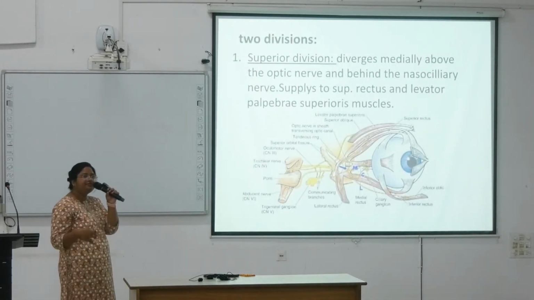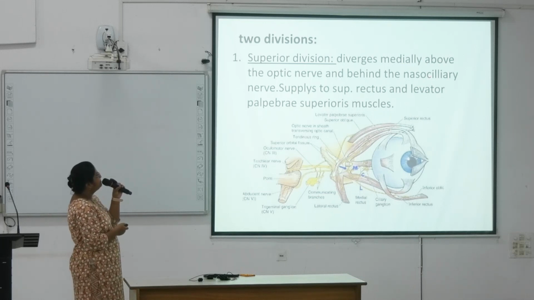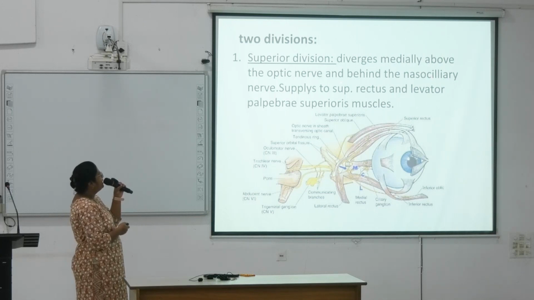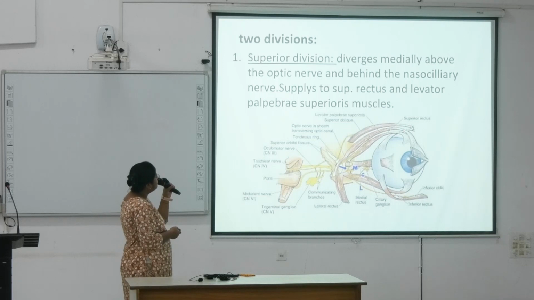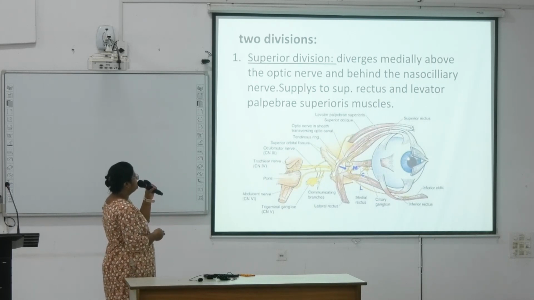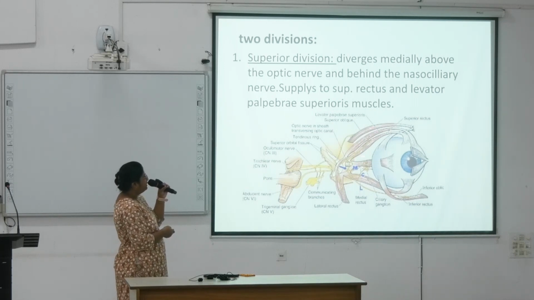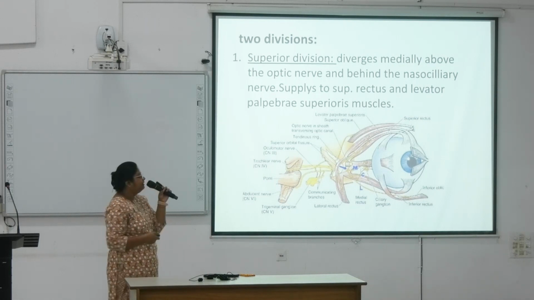the supply of these two divisions, superior and inferior division. So the superior division diverges medially above the optic nerve and behind the nasociliary nerve and supplies the superior rectus and levator palpebrae superioris muscle. Here you can see it, superior rectus, and here is the levator palpebrae superioris. These two are supplied by the superior division of the third cranial nerve. And this is superior oblique. This is supplied by the trochlear nerve here. Okay. Next